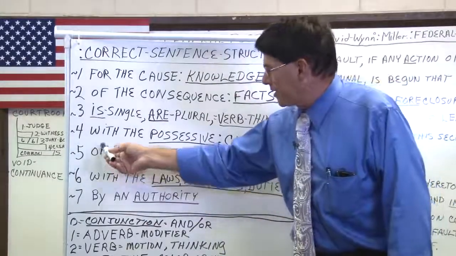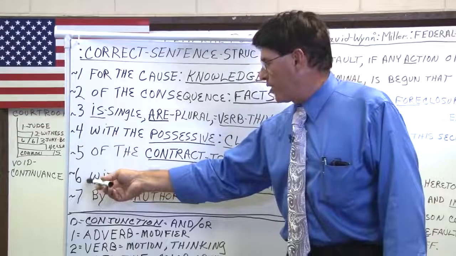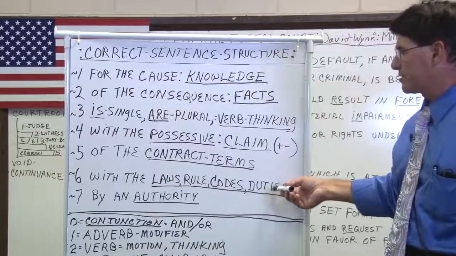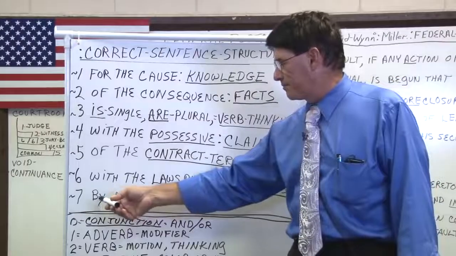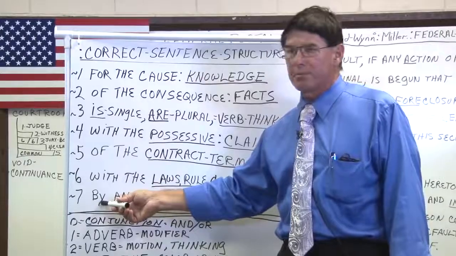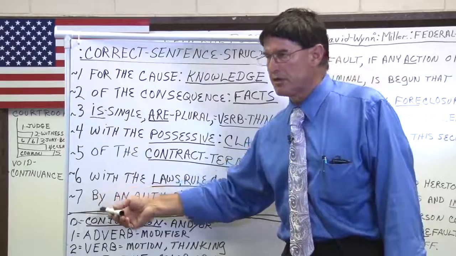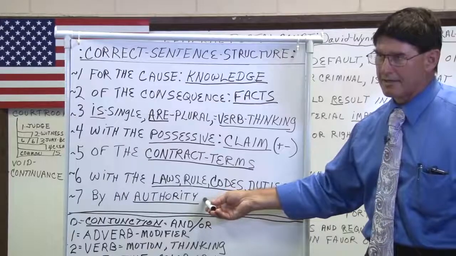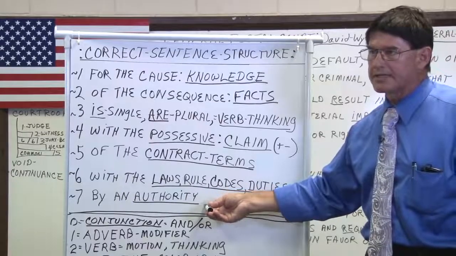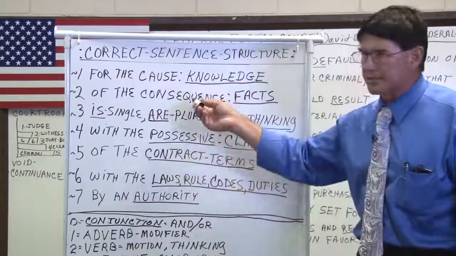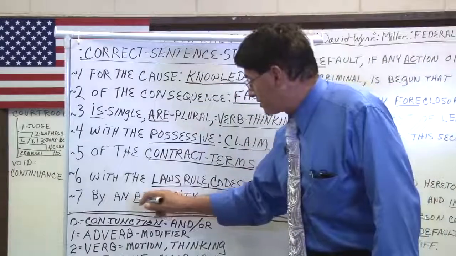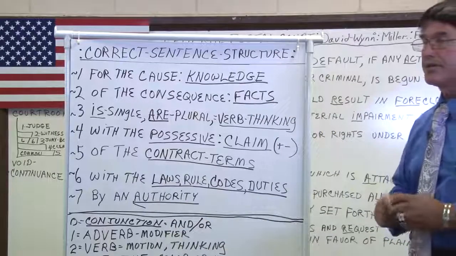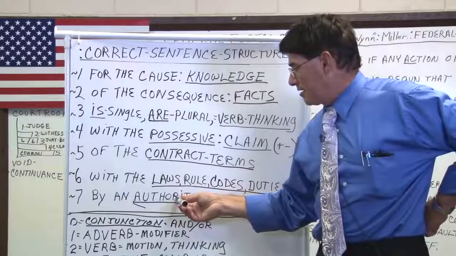Now, after you have a with of, you go back to another with, which is a possessive of the laws, rules, regulation, codes, duties. And then you have to assign the authorization of the word by. By is the position to give the authorization, the author, the authentic of who created this document, who wrote this sentence. And authorization always runs backwards. So the last word in the sentence becomes the authority.